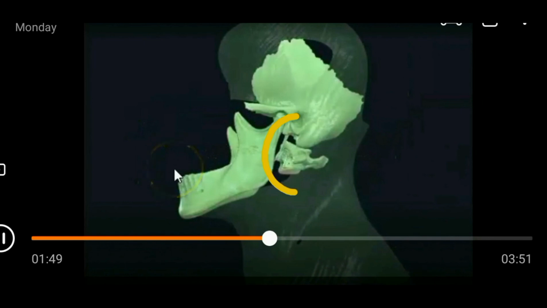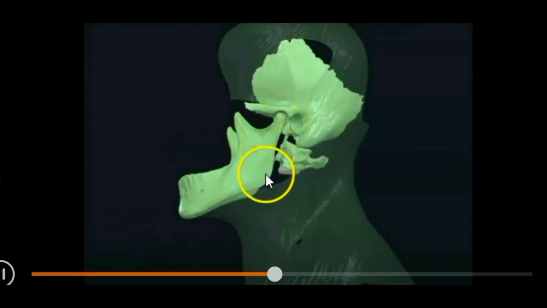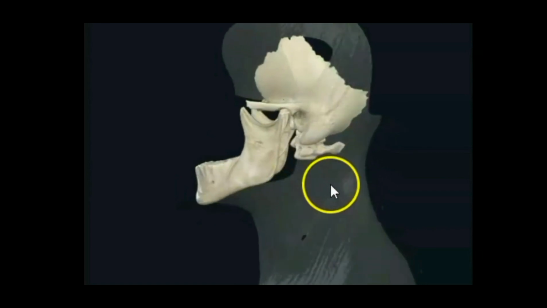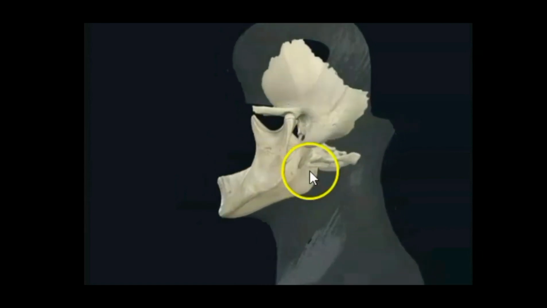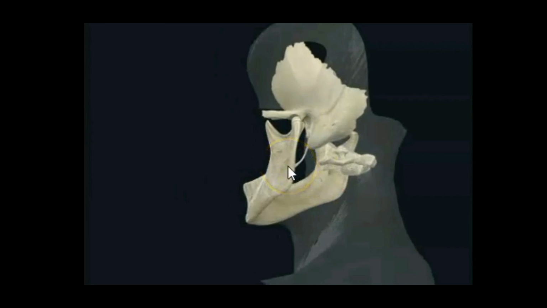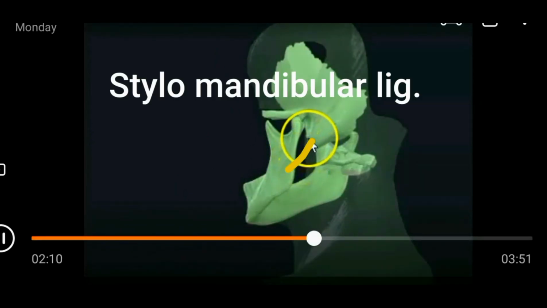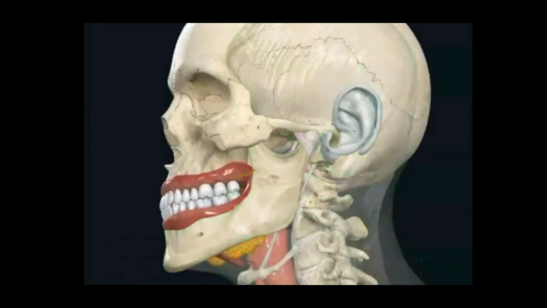And here you can see the bony parts and fascial disposition. That is the meatus, mastoid process, styloid process, and you can see the mandible here, and you also can see the deep lamina of the parotid fascia, which is thin and forms the stylomandibular ligament. Stylomandibular ligament separates the parotid gland from the submandibular gland. You can see there. So this is about the location, parotid region.